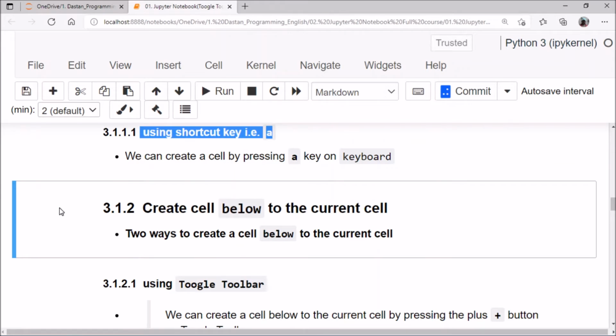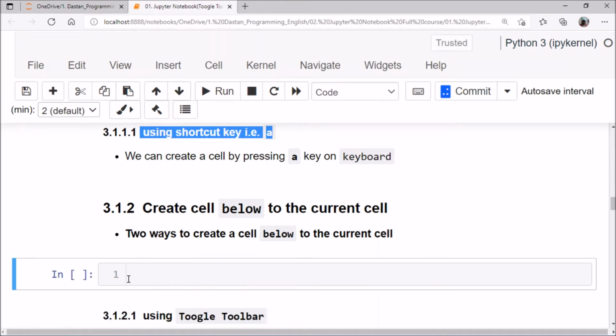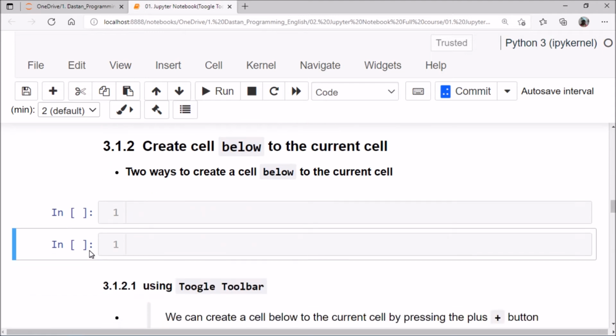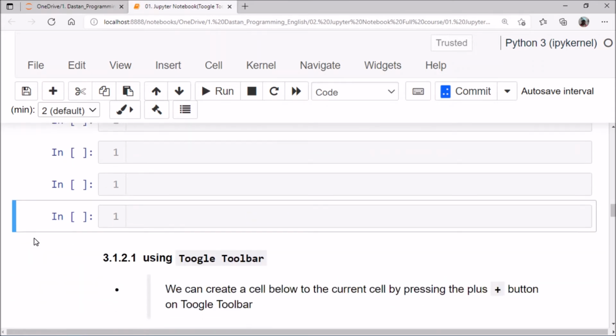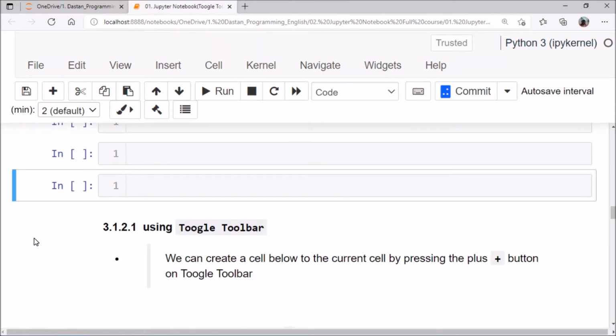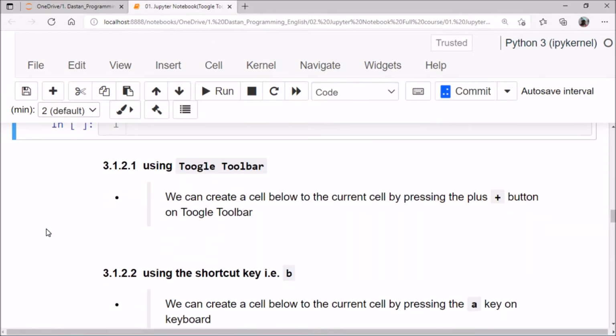If you press the plus button, one empty cell is created, and pressing it again creates another empty cell. Also we can press B, and another cell is created, and pressing B again creates another cell. So these are the basics of how to create a cell in Jupyter Notebook.